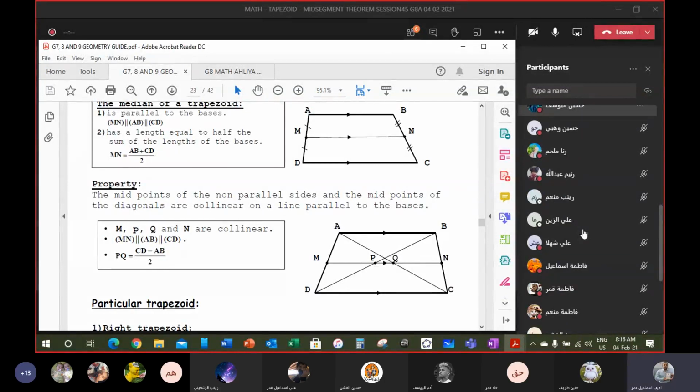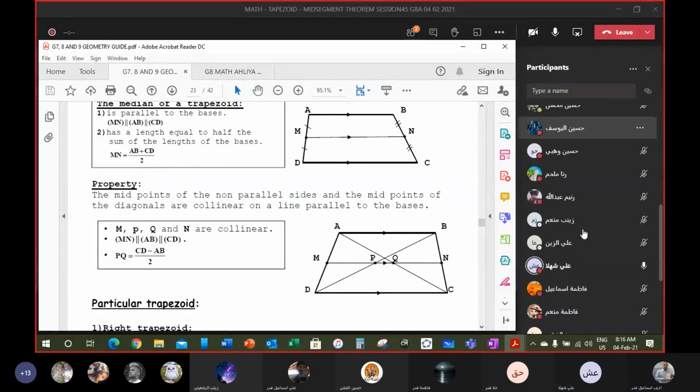أستاذ فيك تعيد السؤال لو سمحت يا أستاذ، لأنه ما سمعت. طيب علي يا شهلة أستاذ. Okay, what particular trapezoids do we have يا علي شهلة؟ Right angle. نسميه right trapezoid. Right trapezoid. وغيره